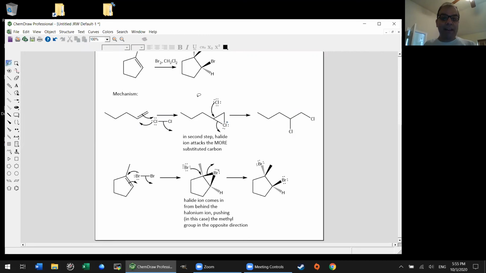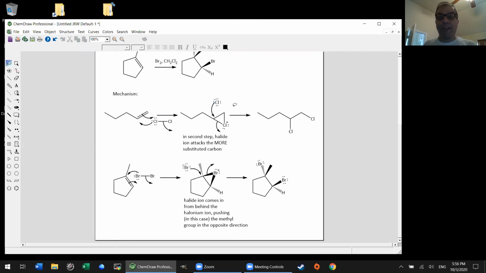So the next step is not that surprising in light of this. We'll have a halide ion, which again may or may not be the halide ion that you just generated. Could be some other halide ion floating around. We'll attack the three-membered ring and open it. And officially, it's known that the halide ion will attack in the more hindered position. It wouldn't make any difference if it attacked in the other position with this reaction, because they're both halogens, so you'd get the same thing. But it is known that it does attack the more substituted carbon,